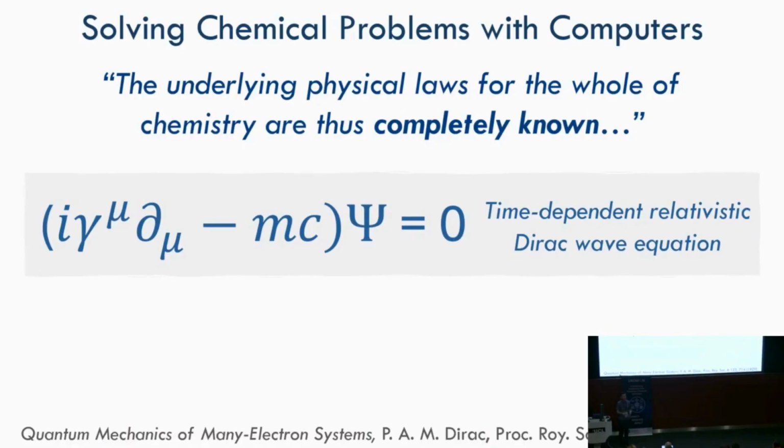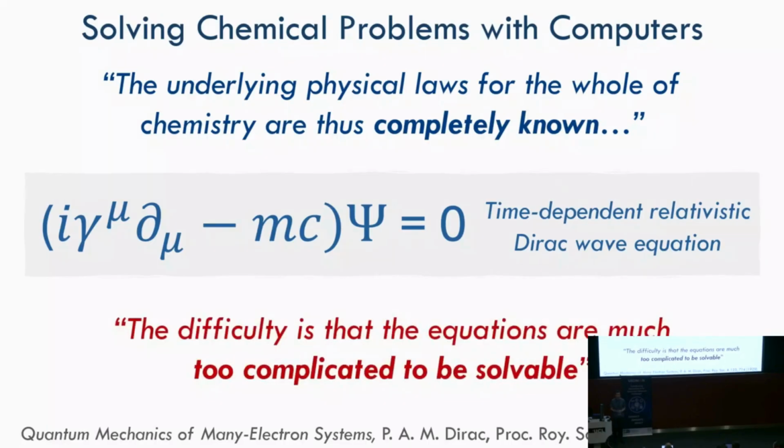So we've mastered partial differential equations, in this case from quantum mechanics, that describe the electron distributions and chemical bonding in every possible chemical system. Paul Dirac famously said almost 100 years ago that chemistry was a solved problem because all of chemistry is described by this equation. But of course, there's a caveat, and that's that the equations are too difficult to actually solve.